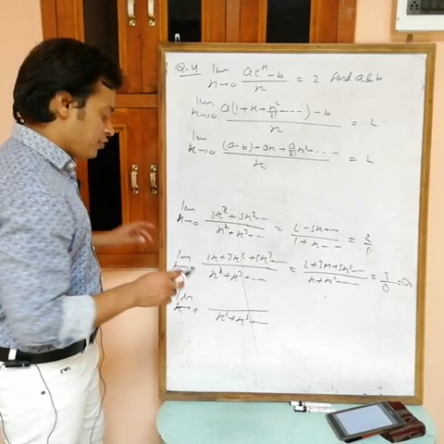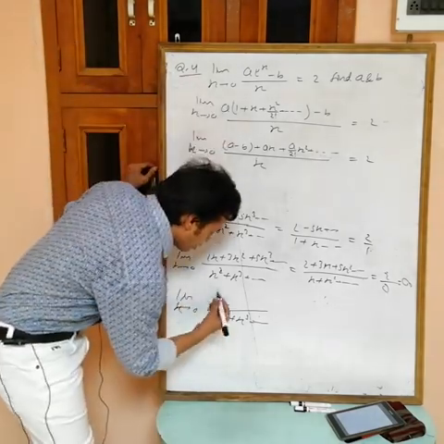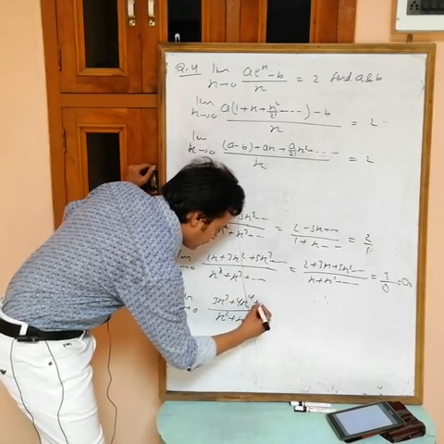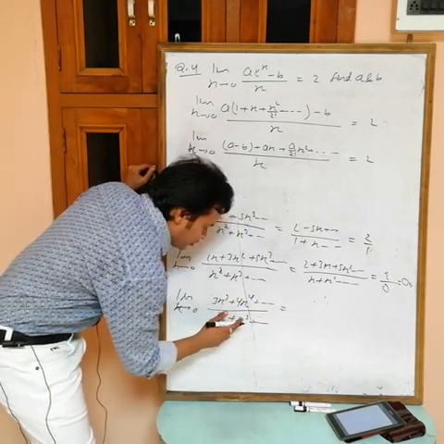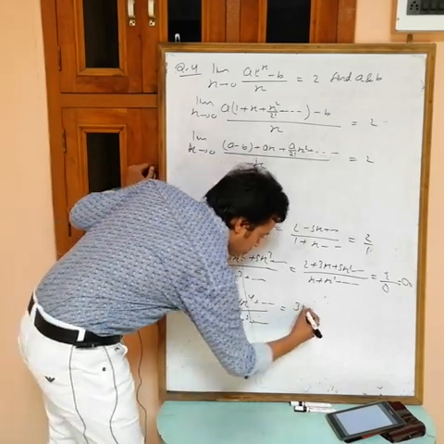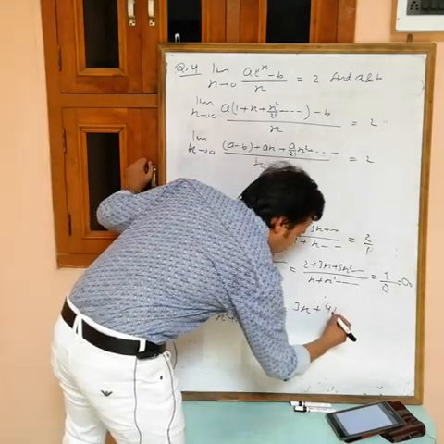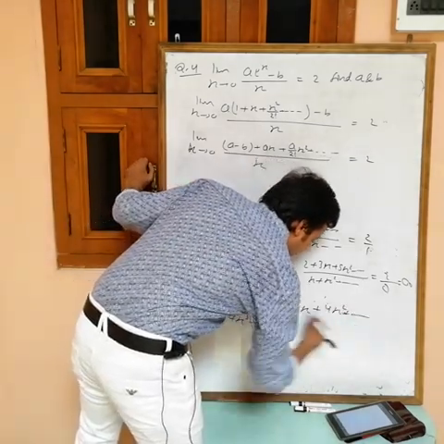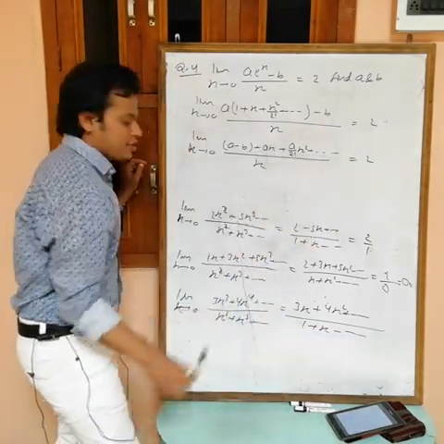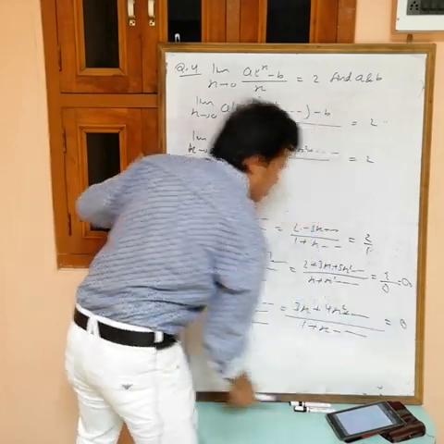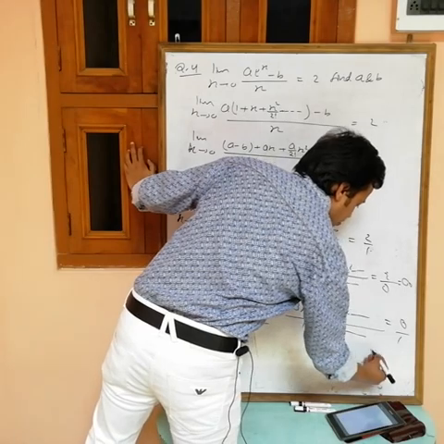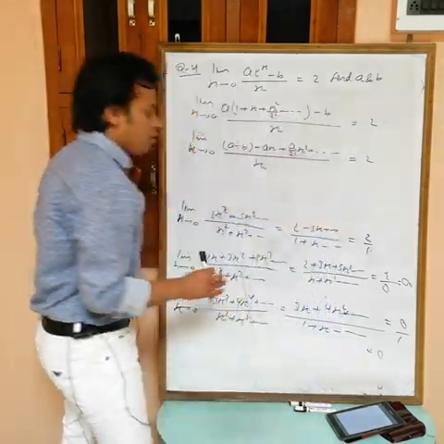Now take a higher power in the numerator, suppose x cube: 3x cube plus 4x power 4, like this. In the denominator you can take common x square, in the numerator common x cube, so x square cancels out. We get 3x plus 4x square, and in the denominator 1 plus x. Now put x equals to 0. In the numerator we get 0, because in every term we have x and x equals 0. In the denominator it is non-zero, and 0 by non-zero is 0.